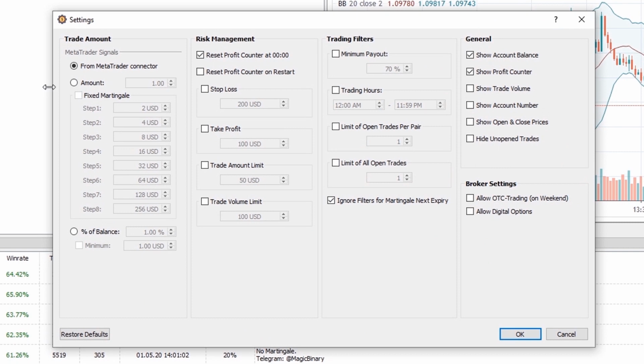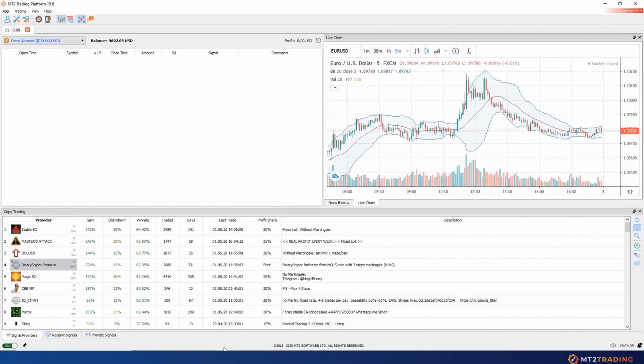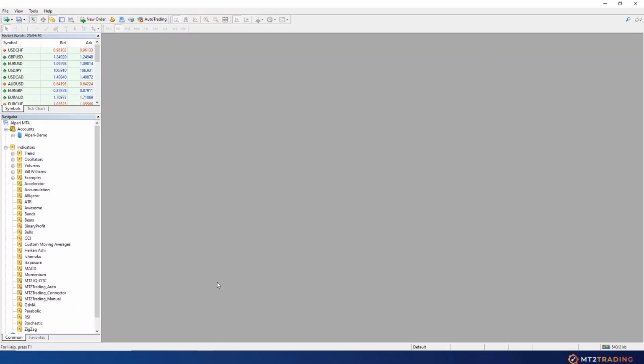Once there, head to the settings window and allow OTC trading by clicking on the Allow OTC Trading checkbox and then clicking on the OK button as shown on the screen. The next step will be to open your preferred MT2 4/5 platform